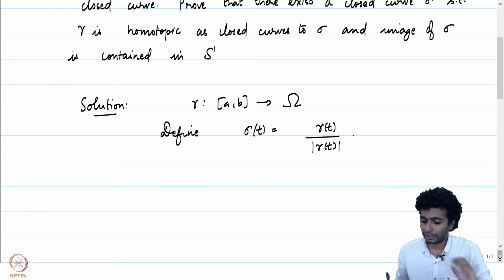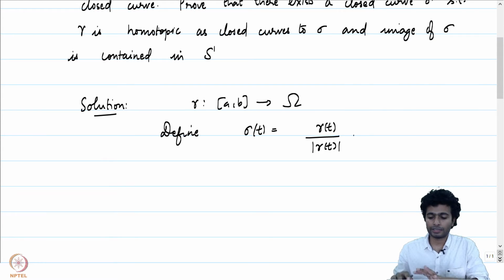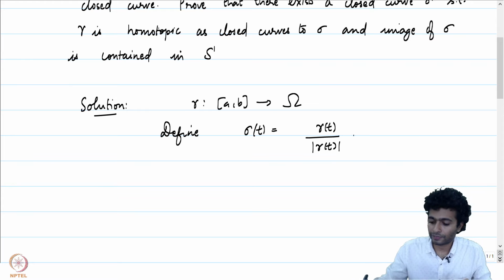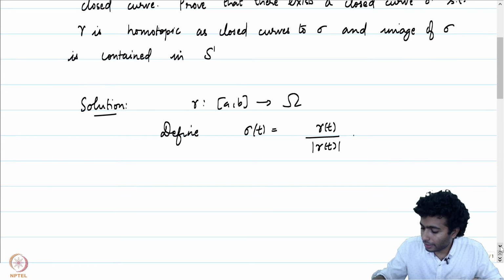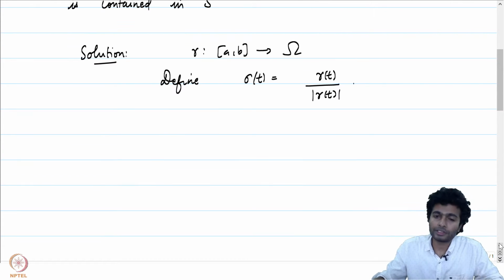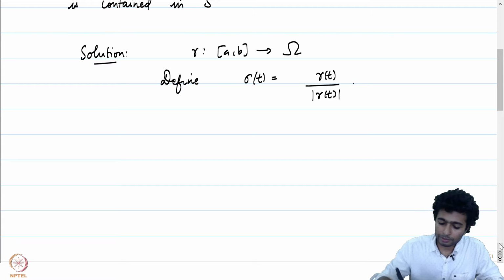Because gamma of t is not equal to 0, this makes complete sense, and it's also a continuous function from AB into omega. In particular, the absolute value of sigma t for any t is going to be equal to 1. So this is indeed a curve which is contained in S1,